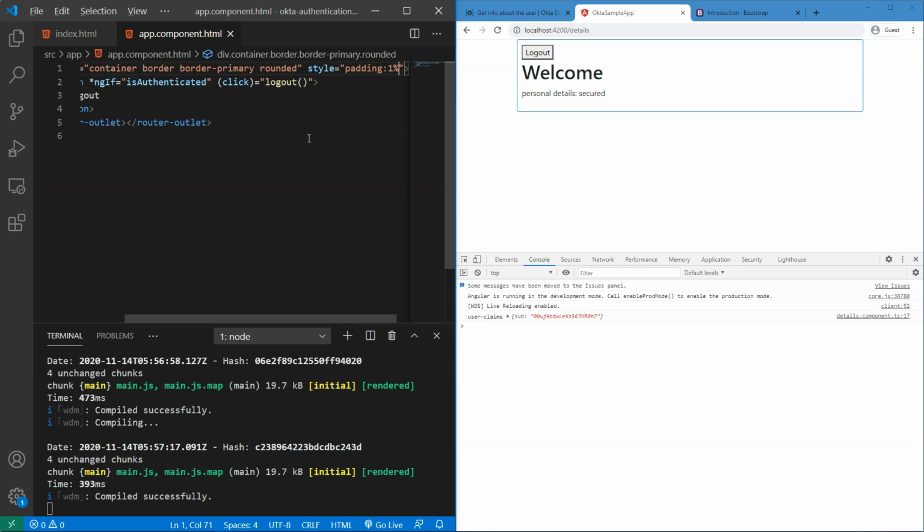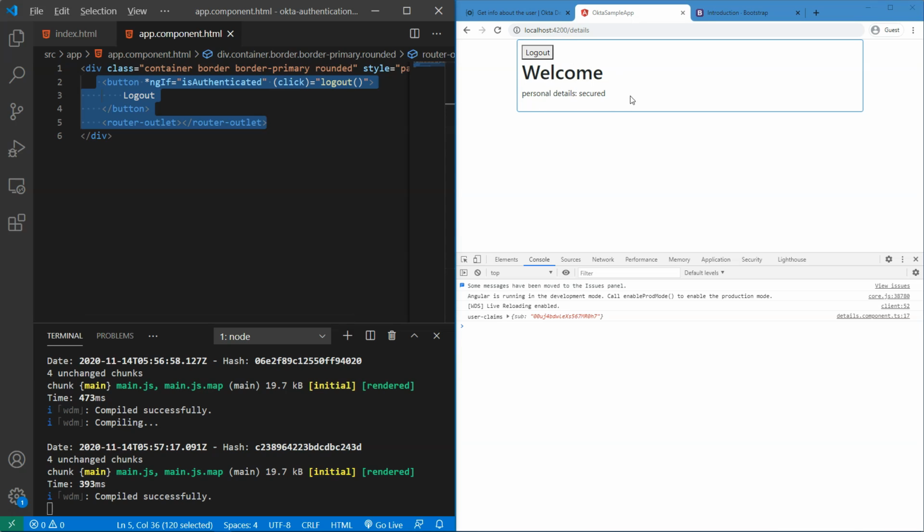You see, now it looks good and it's not sticking to the wall. Now I'm going to put these components within rows and columns so that it's better looking. Currently the logout button is up top. It doesn't make any sense. I want to put it to the right and all the component stuff to the left, which means this button